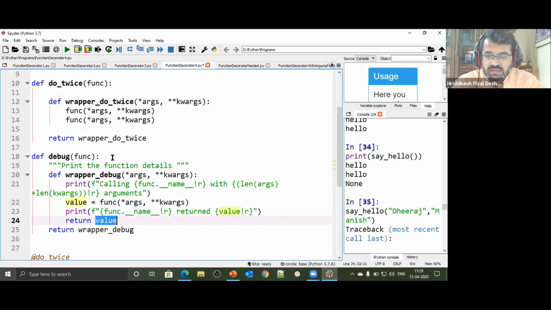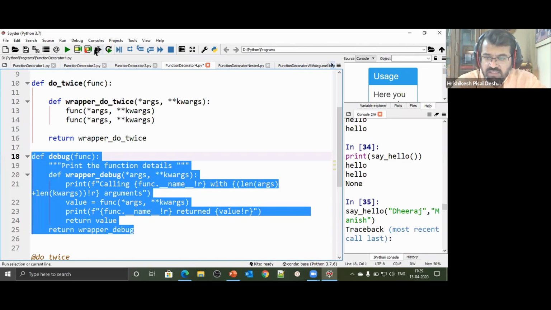So such is a wrapper. I have not yet discussed r with you all, but don't worry for a moment. अगर इसे हटा भी देंगे तो कोई दिक्कत नहीं है. Raw strings, I have not told you about these expressions, how to read those particular expressions. But anyway, that doesn't matter as of now. But you could just say function.__name__. That's also okay. So here we have created this debug.